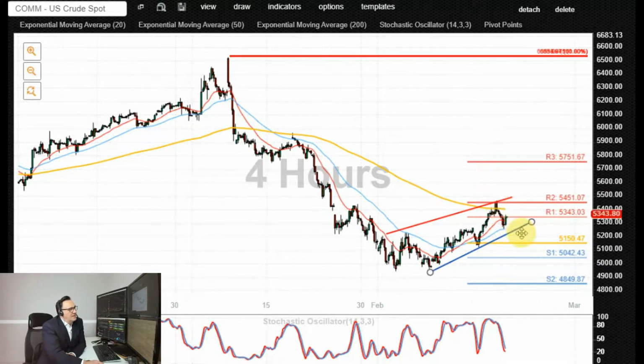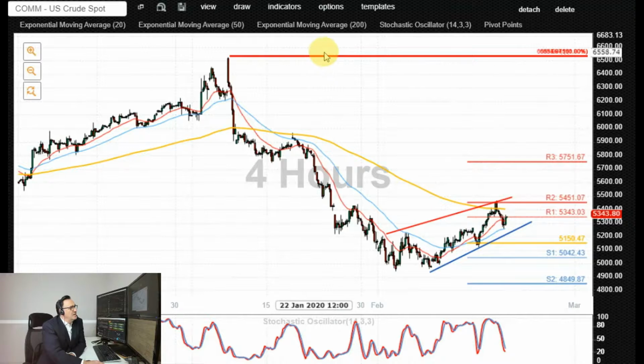So if we see a dip lower, a loss of 53, retest of that level from underneath as a newly found resistance, that could open the way for an extension to the downside towards 51.50 support, 50.50, possibly even 48.50 to the downside. Alternatively, if we see a spike higher and end of day close above 54.50 and retest of that level from above, that would negate the bearish scenario, potentially opening the way for a spike higher towards 57.50,